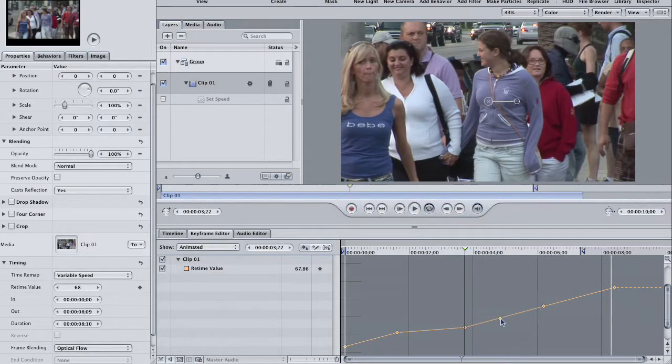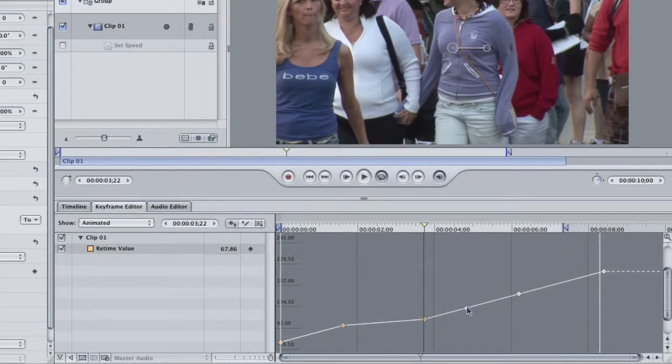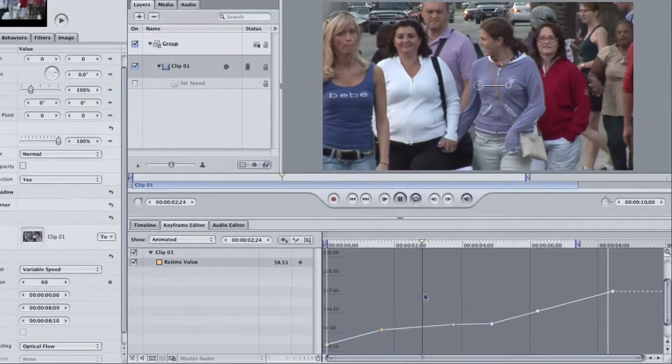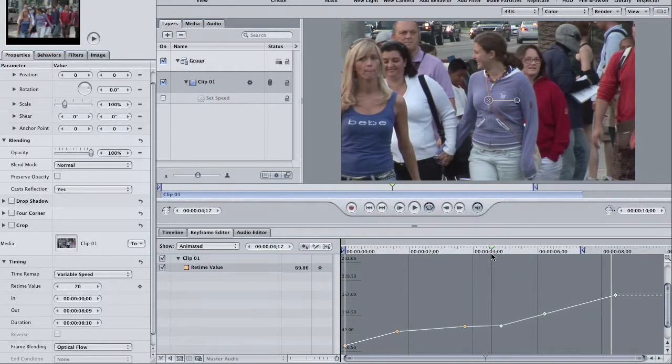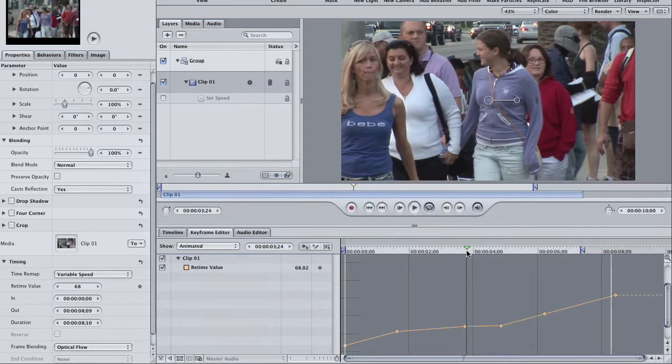Now from here to here I want it to be a freeze frame, so I'm going to lasso the last three here, and I'm going to drag this down till it's pretty much close to being flat. It may not be exact, but don't worry, it doesn't have to be exact. Let's see, let's go slow-mo, and it's not quite exact because you can still see there's movement happening between these two frames. So all you have to do is place the playhead on this first keyframe here, select this keyframe,